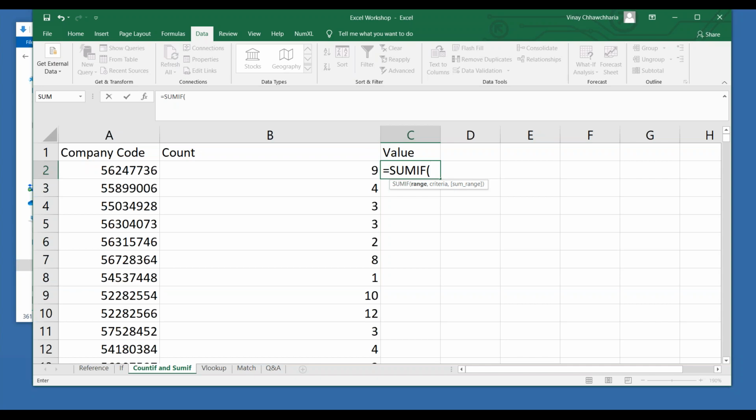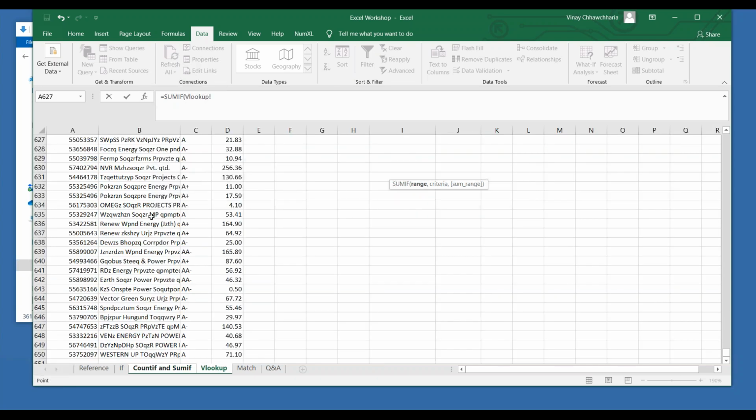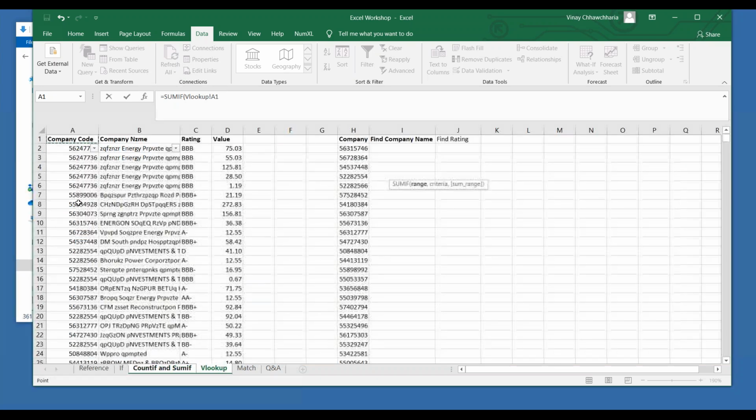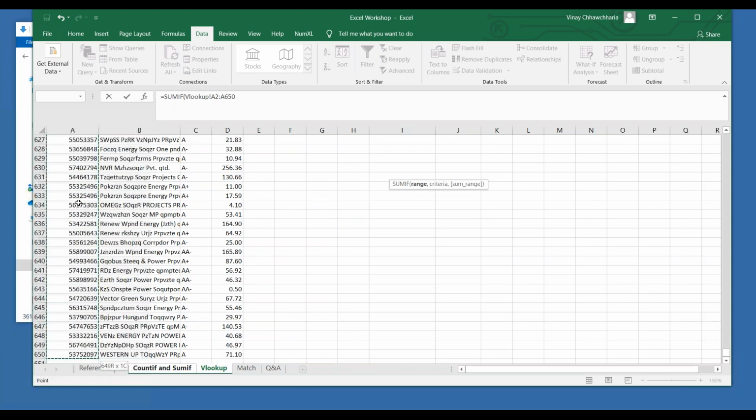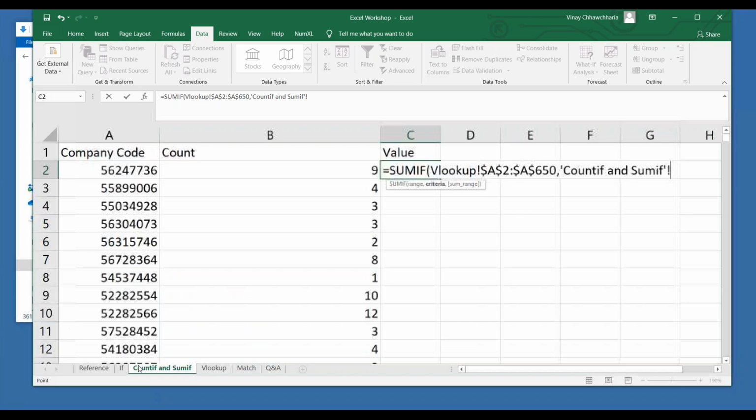Here, I have to do the summation on the basis of company code. So where are my company codes? The list of company codes is in this column. Freeze, comma. Where is my criteria? My criteria is here. I don't require it to be constant, so I'm not freezing it.